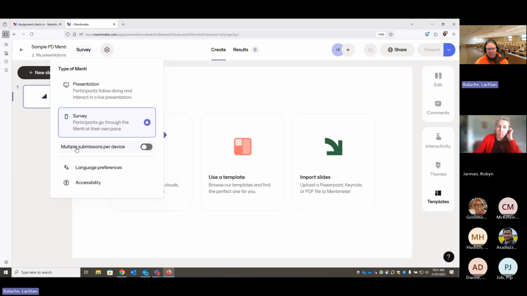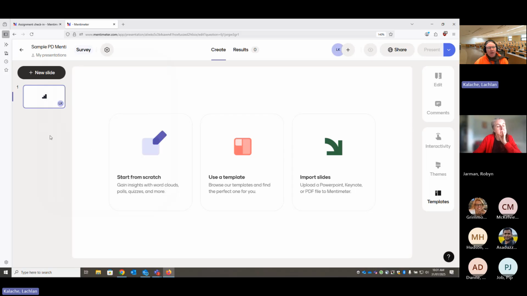Immediately it's asking, do I want people to be able to submit multiple times to the same activity? Yes or no, up to you, you can toggle that on. But this is one of the more important choices you need to make when you set up a Menti. Okay, so I'm going to build a Menti, and at this point,